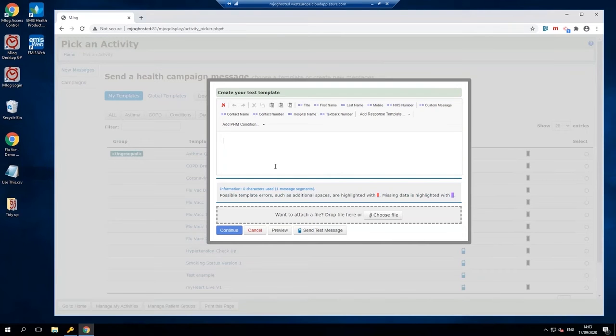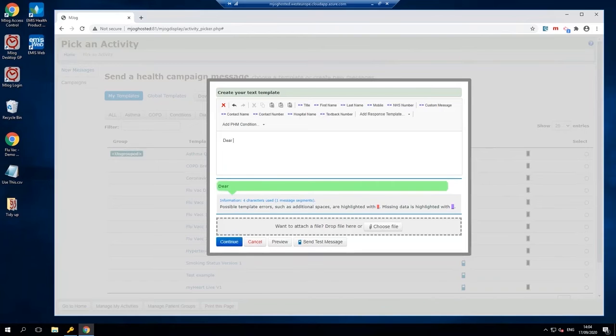For this first one, for this initial campaign, just how we go through the process, I'm going to start by building something entirely from scratch. When we talk about things like the attachments and the barcodes, we're going to pull some bits out of the MJog library. We've got a load of different templates in there for different things, but let's start off here with just if you want to do something entirely of your own. In our template editor here, we type what we want and have a bunch of mail merge fields at the top, which can put different pieces of data in place. So, dear name, you are invited to